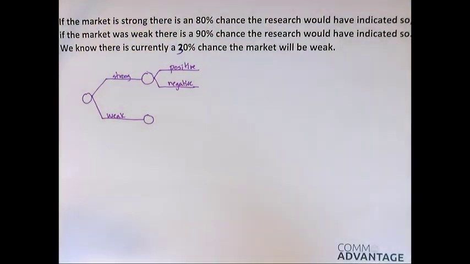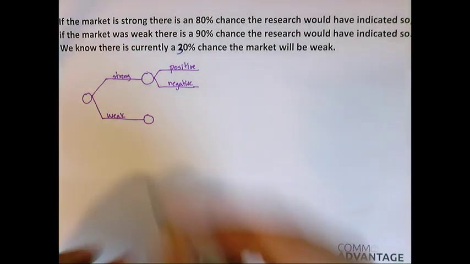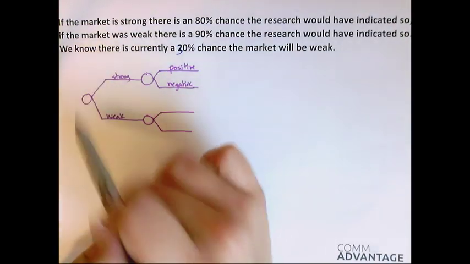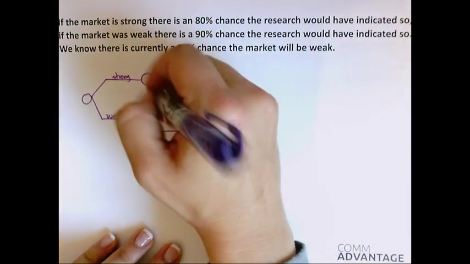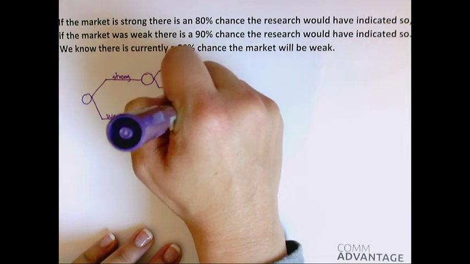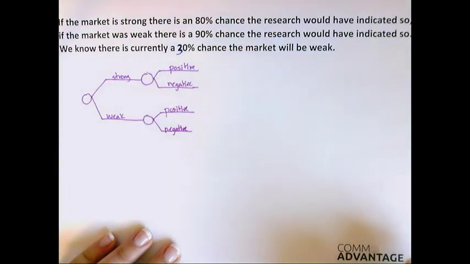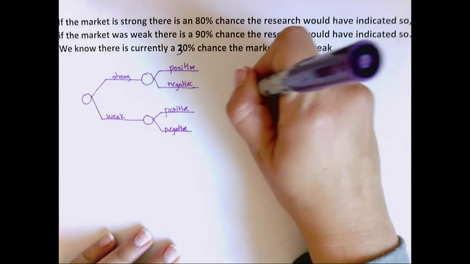Basically, positive meaning the research telling us that it was supposed to be strong, and negative meaning that it told us that it ended up being weak, or it's going to tell us that it's going to be weak. Just so that we're not conflating that with the actual state of the market. So we've got positive and negative. Now, anytime you are doing sampling information in the context of decision trees, you need the result to